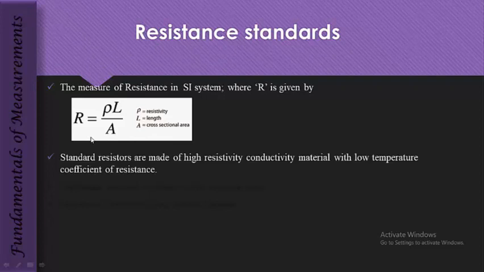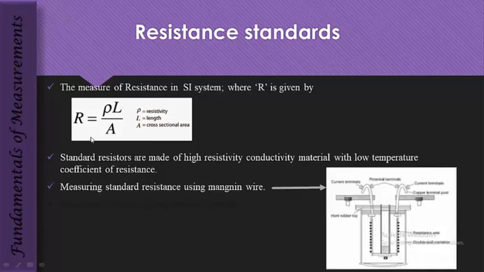And for measuring the resistance, they took a magnet wire with this type of construction. So you take a magnet wire for which the resistance is predefined, and you take this magnet wire or resistance wire in a double wall container and you measure the resistance. So this measurement of resistance was considered to be a standard, but they found out this particular way of measuring is inaccurate, so they went for using transfer resistance.